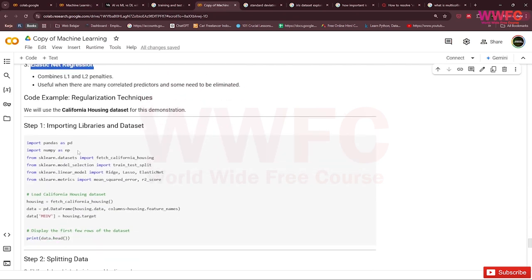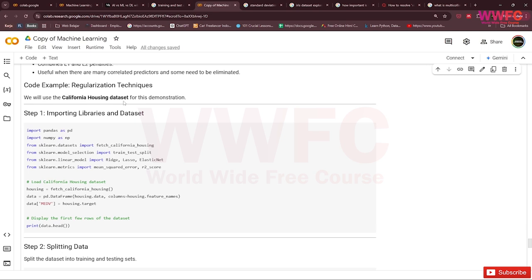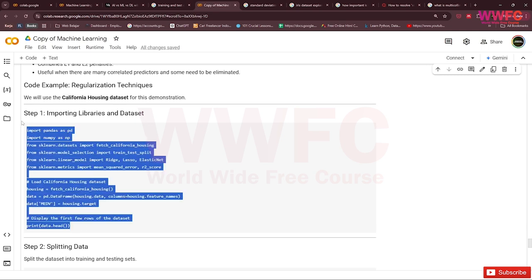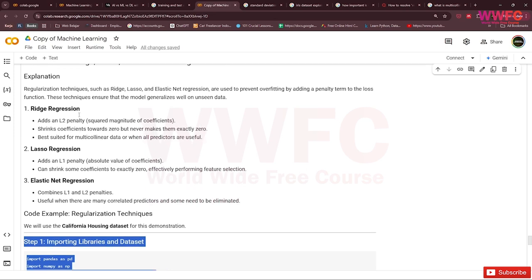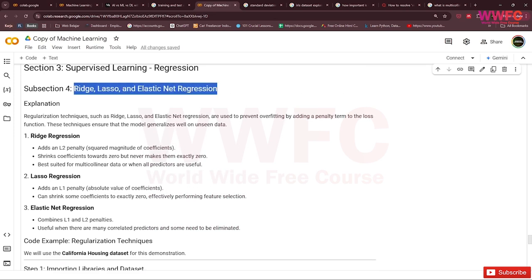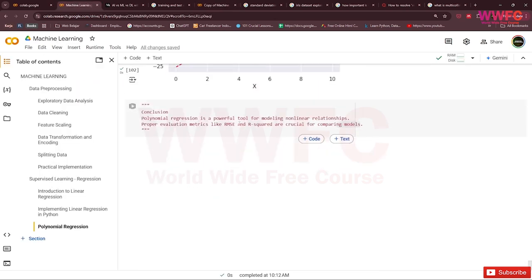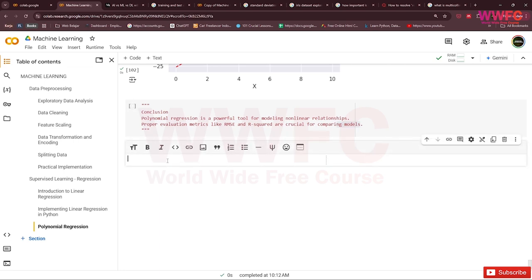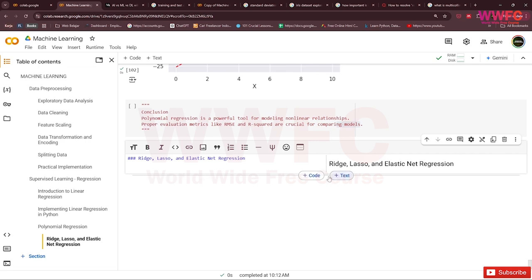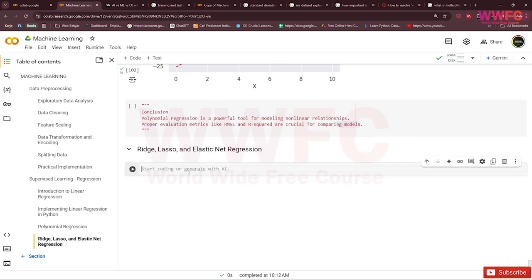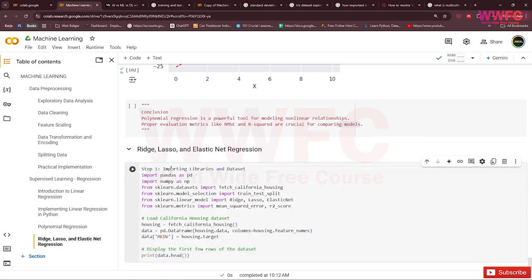For example, we will use the California housing dataset for this demonstration. Let's try ridge, lasso, and elastic net regression.